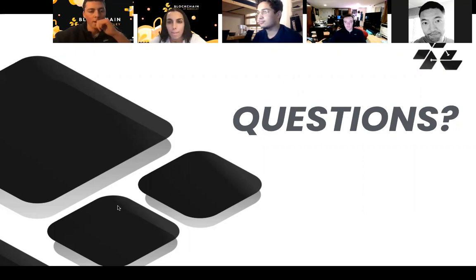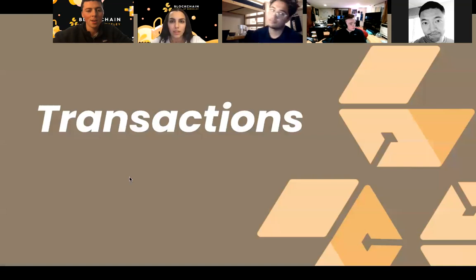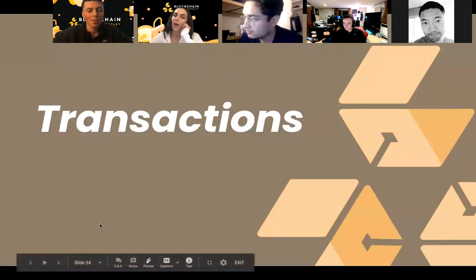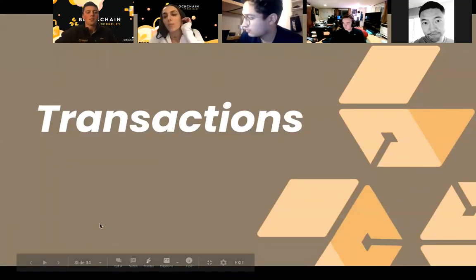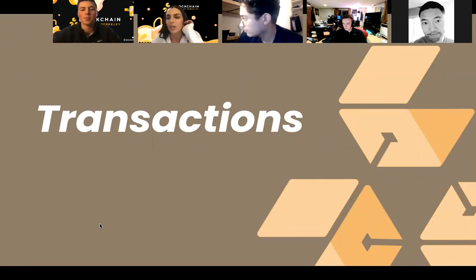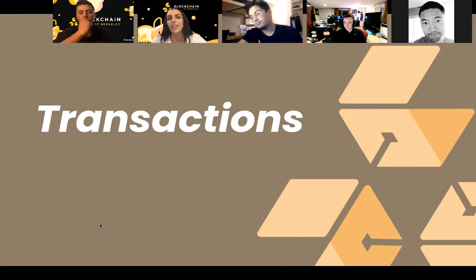Okay, well, for the ledger question, I'm in two sections. I'm going to go into the distributed ledger, so hopefully I'll be able to answer your question then. Cool, awesome. So I'm going to get into some transactions and just basically how transactions work in Bitcoin: who sends it, who receives it, how does it work, what does it look like at a high level. We'll get into the actual mechanics of transactions in another lecture.